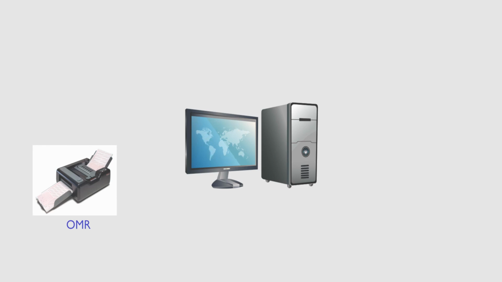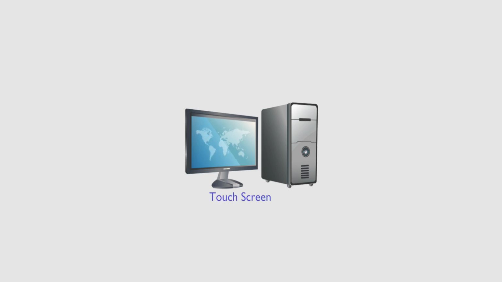At last we will see the touch screen. Touch screen is both an input and output device. A user can give input or control the information processing system through a simple or multi-touch gesture by touching the screen with a special stylus or one or more fingers. The user can use the touch screen to react to what is displayed, and if the software allows, to control how it is displayed. For example, zooming to increase the text size.